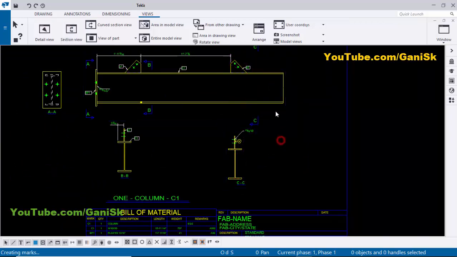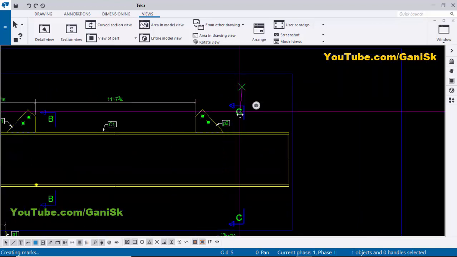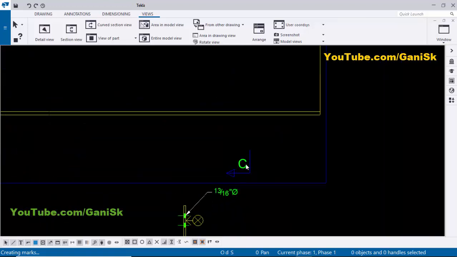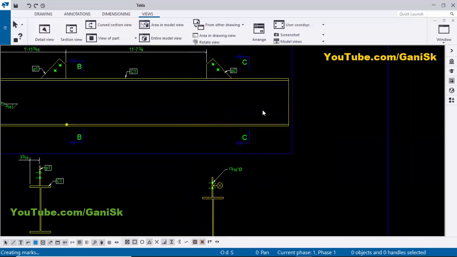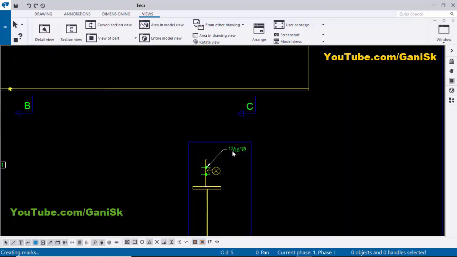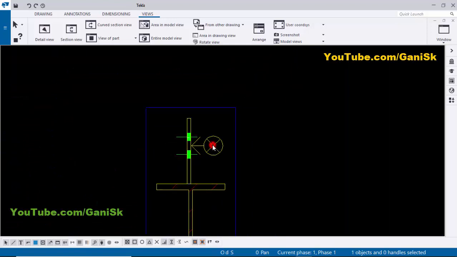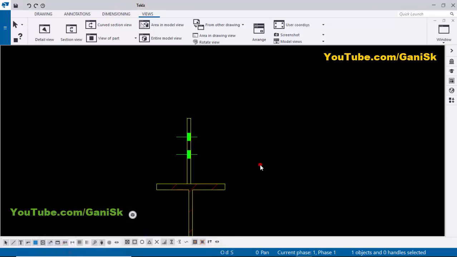Now click on space. Now to adjust this section arrow, click on this section arrow and drag and place it at this location like this. Similarly, we need to move this section mark in the upward direction, so select it, use the left mouse key to drag and place it in the proper position. Now delete this dimension. Now we don't require this symbol, so double click on it, remove this connection side mark here, then click on modify, apply, OK.